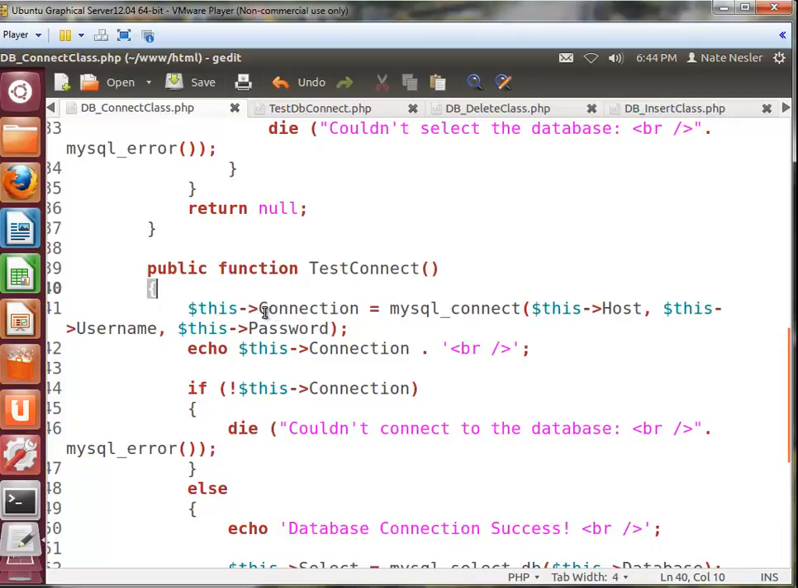Alright, so again, it's this arrow connection equals MySQL connect, this arrow host, comma, this arrow username, comma, this arrow password, close parentheses, semicolon, echo $this arrow connection dot single quotes br slash, close, well, it's the br tag. Anyways, and then if, and we say